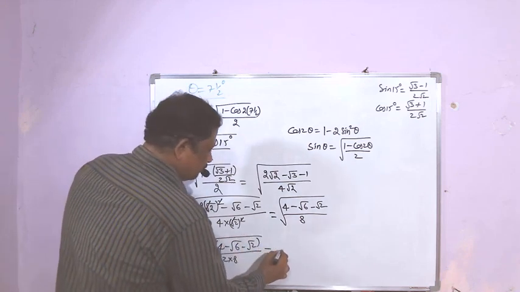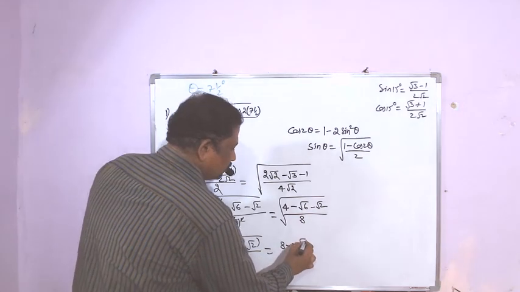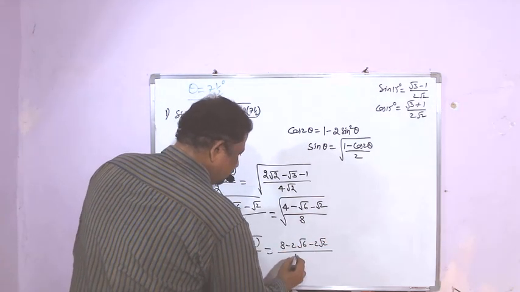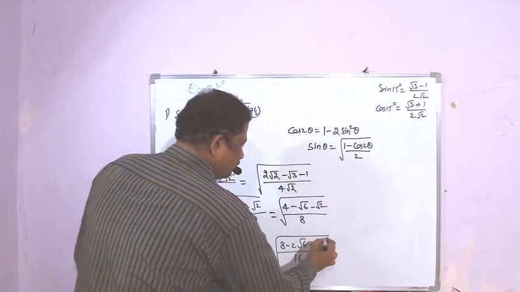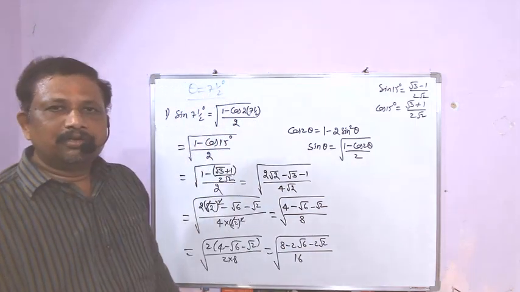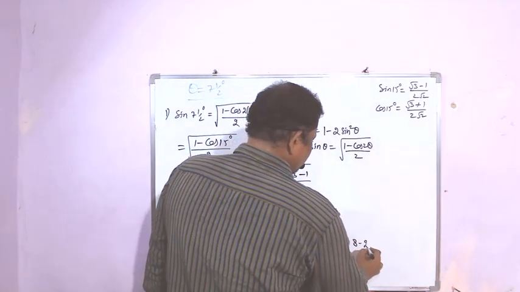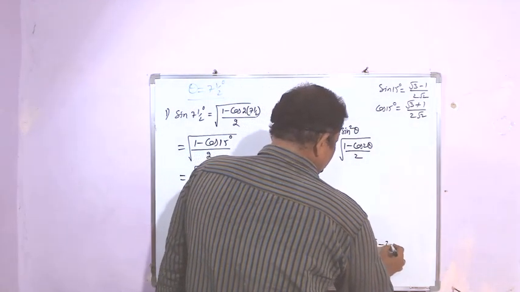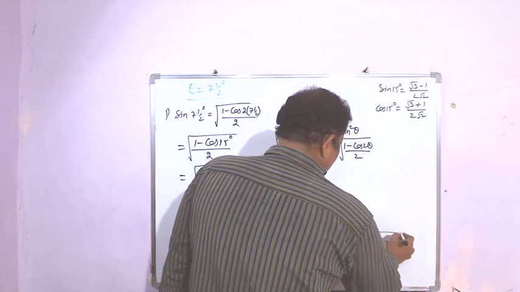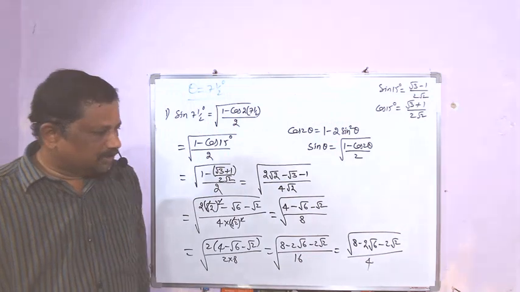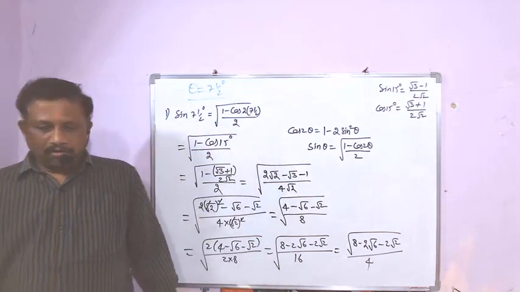So this becomes 8 minus 2 root 6 minus 2 root 2, divided by 16. Root 16 will become 4. So the value is under root 8 minus 2 root 6 minus 2 root 2, divided by 4. Square root of 16 is 4. So this is the value of